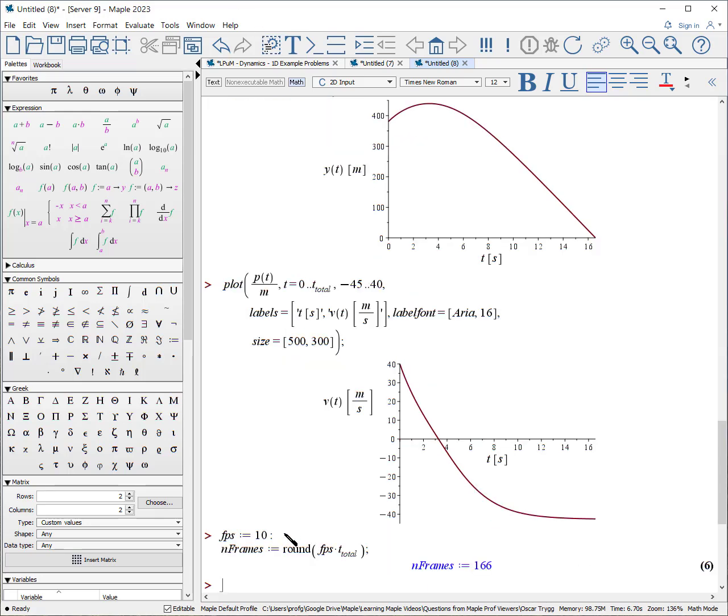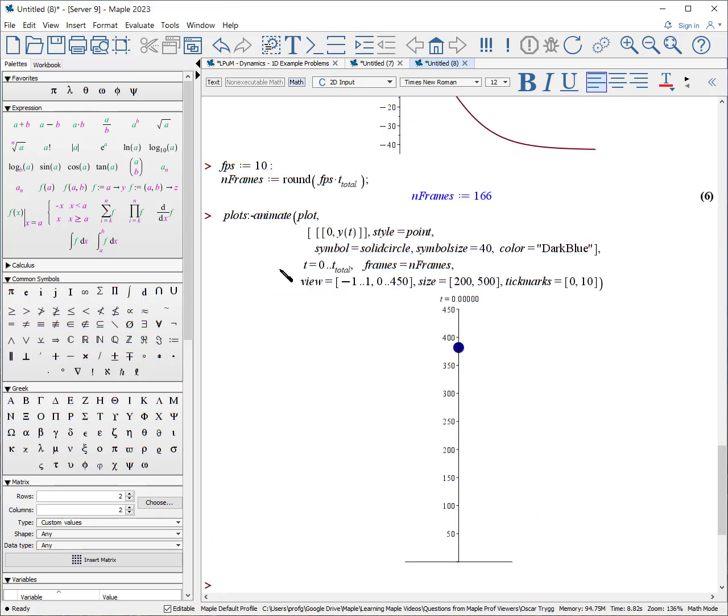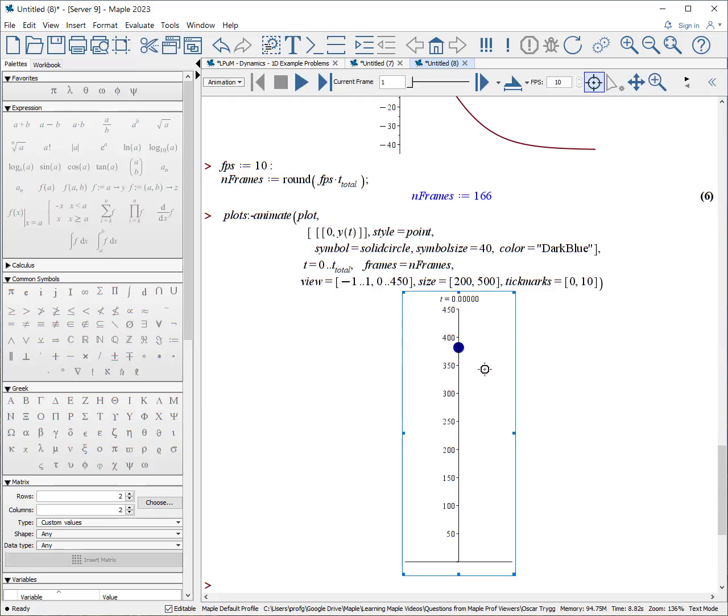Given that Maple defaults to setting animation at about 10 frames per second, if we want to plot this in real time, it turns out we need about 166 frames. So now we can animate the plot, which consists of a point, for which there's only one point at 0, y, using n frames. Click on it, we push play, and this is, in real time, the flight of the ball if we throw it straight up at nearly 100 miles per hour